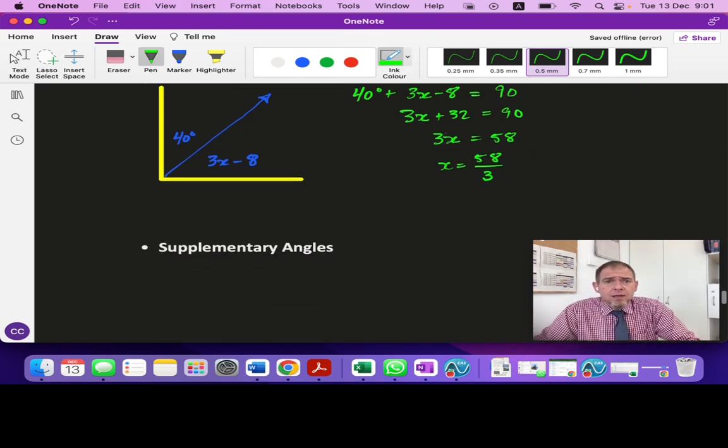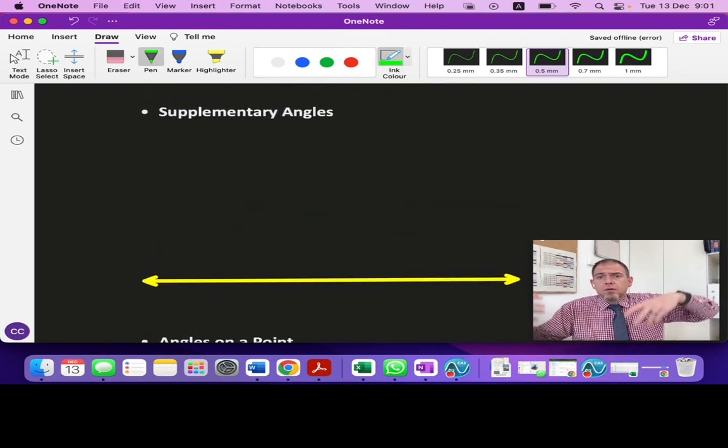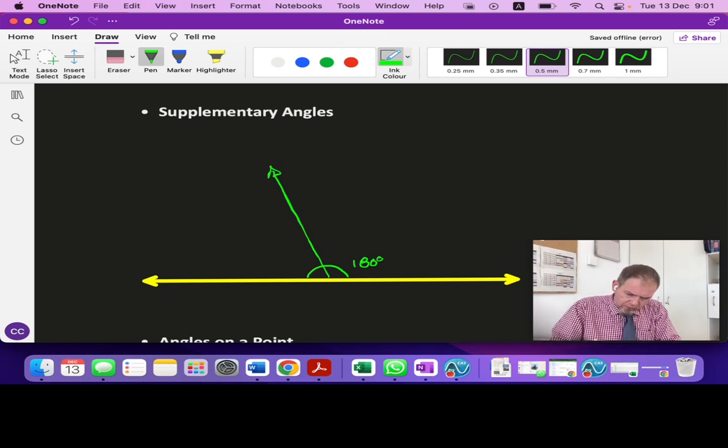They add to 90. Supplementary angles. If complementary angles add to 90, supplementary angles add to 180 degrees. So angles on a line, this measure here, is always going to be 180 degrees. Again, this allows us to do more complicated problems, where if I tell you that this is A, B, C, and I'm going to put D over here,